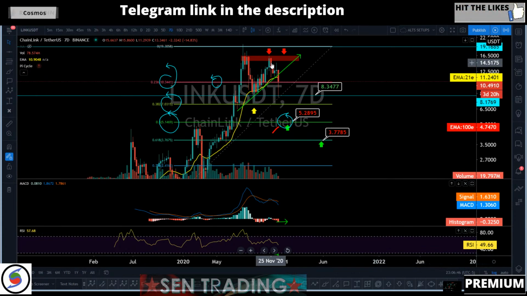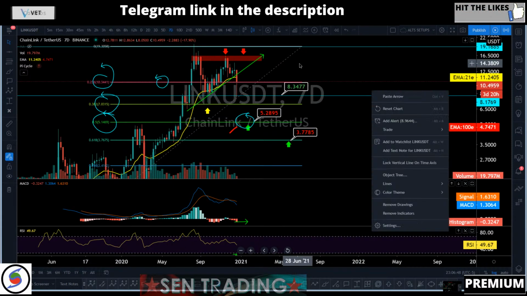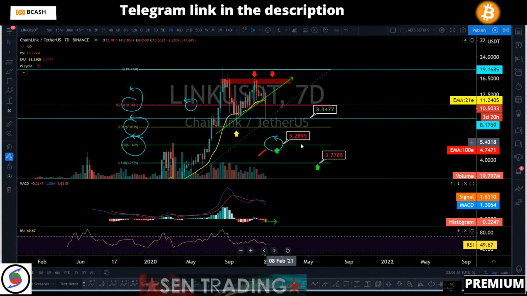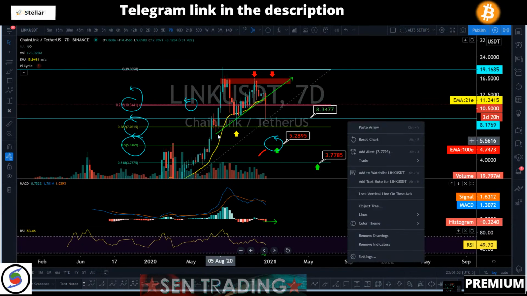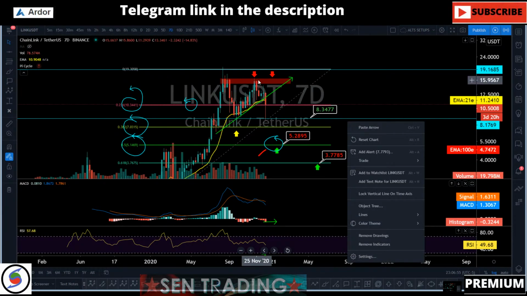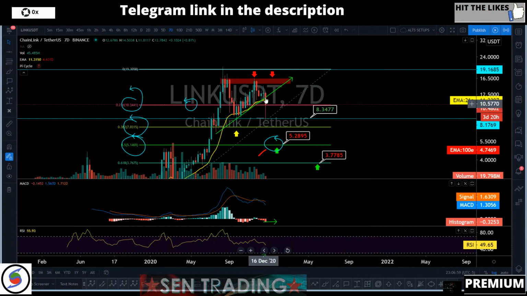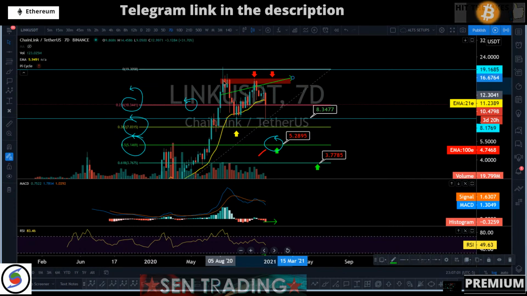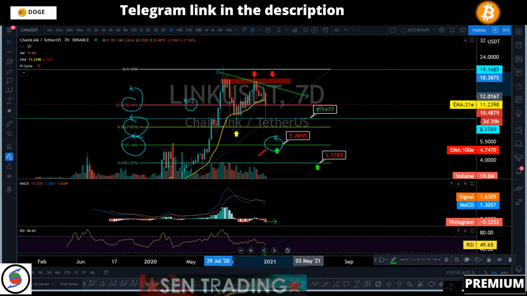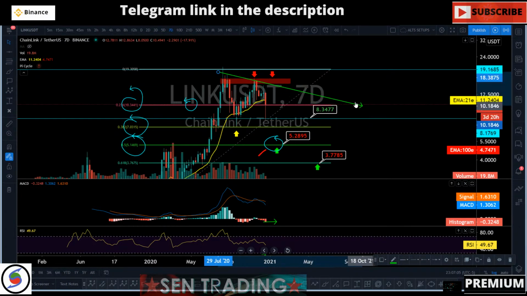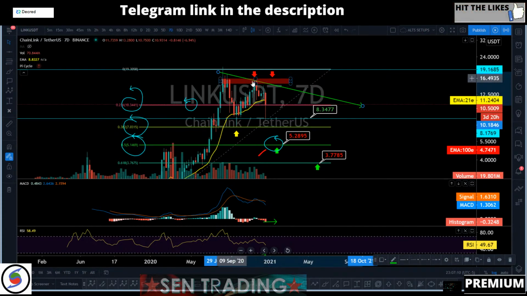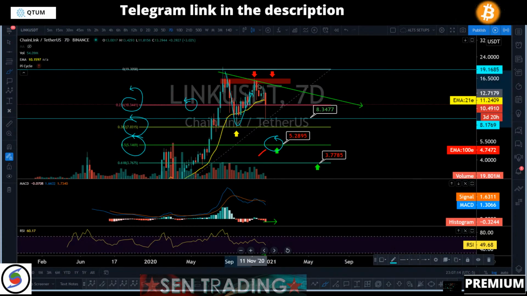And what would it take to reverse the price and not have to retest $5? It doesn't take a lot. We just have to break out above $16. That's all we need to do. We got a big reversal candle right here. So if Link can basically ignore the bears and break above this resistance area, the structure is going to look ugly, but it could just be a double bottom and Link could be mooning.